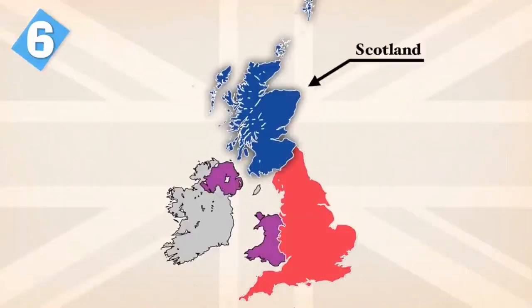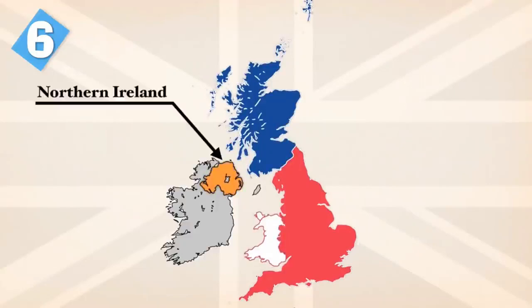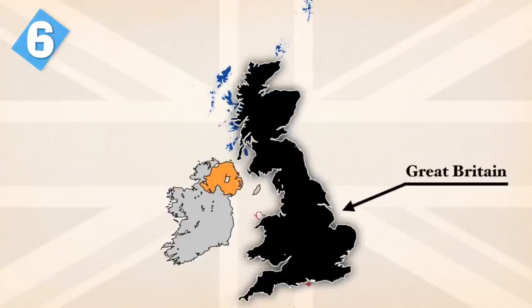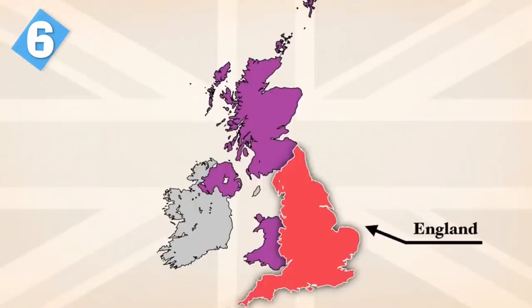But to make sure that you remember this a lot easier and to keep it simple, just remember the following breakdown. We have the UK. The UK is a country that's made up of the following countries: England, Scotland, Wales, and Northern Ireland. Great Britain, on the other hand, is only the body of land that makes up England, Scotland, and Wales. England is just the part of the body of land that the country of England occupies.